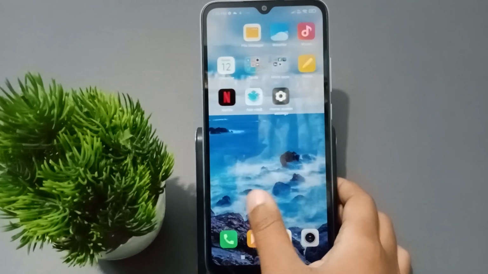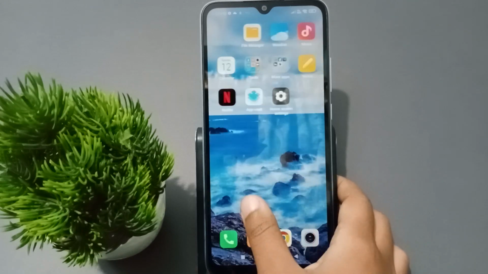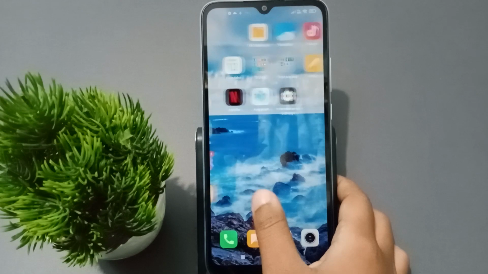So friends, in this video right now I'm going to show you how to set dark theme or light mode